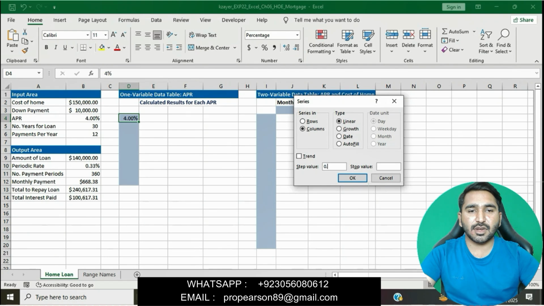Column, and 0.25%, and then stop value is 4%.